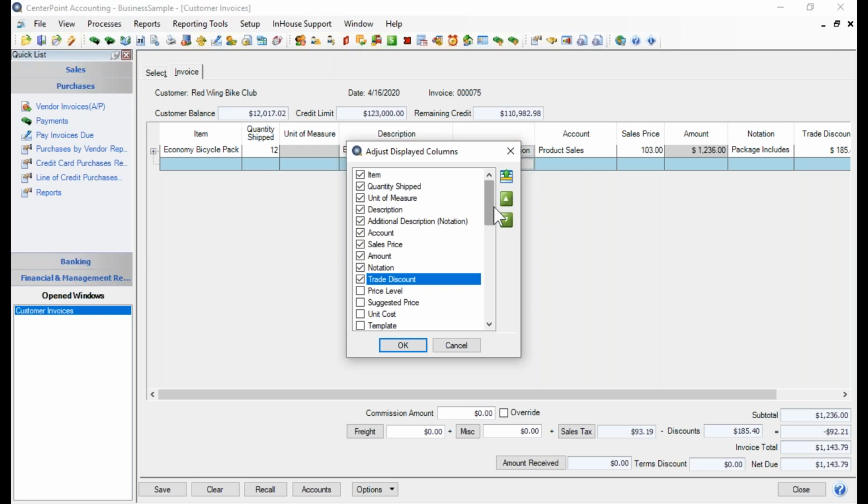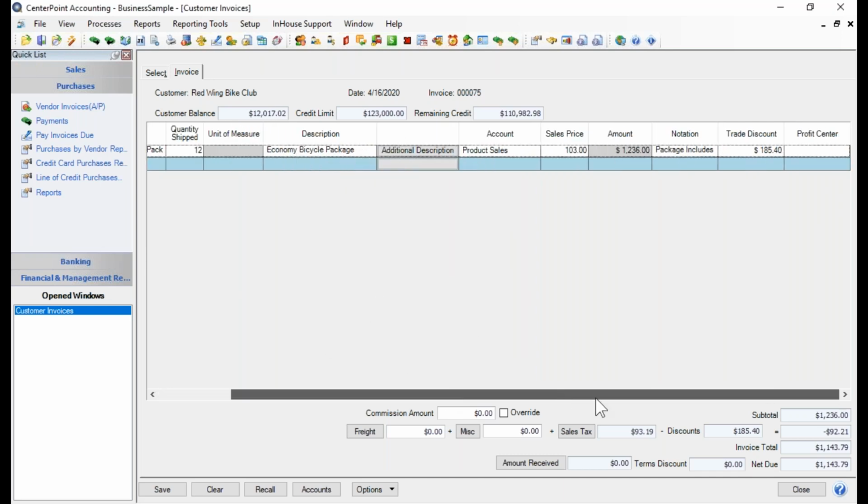And you'll see here that there is a whole series of other pieces of information that might be available for this particular sales item. So what I'm going to do is go ahead and add the column for profit center. So I'm going to select profit center and click OK,